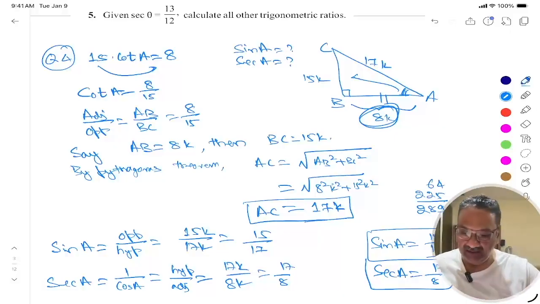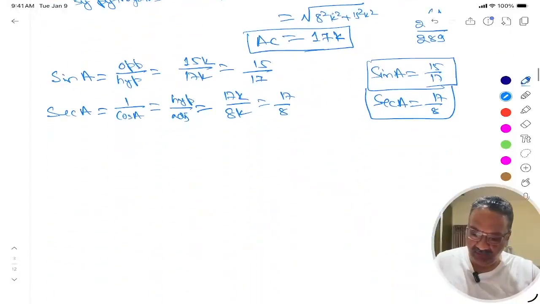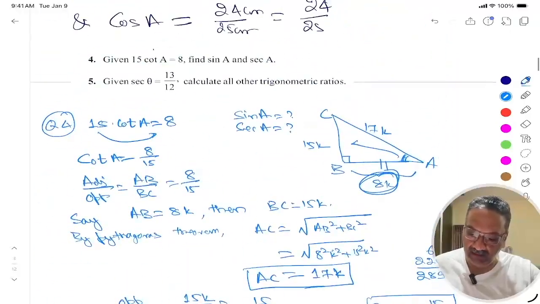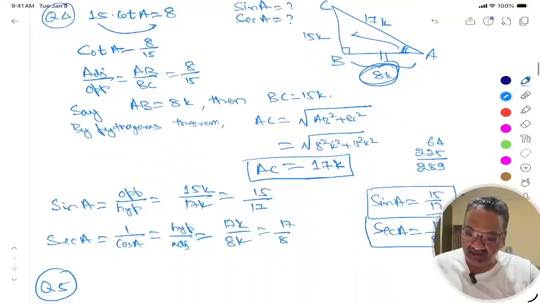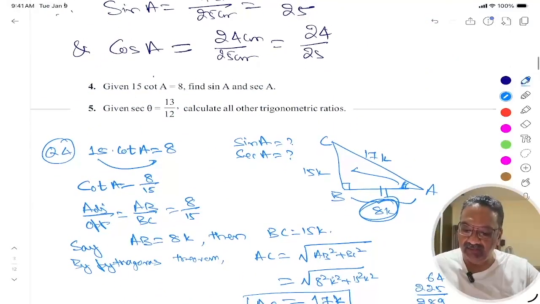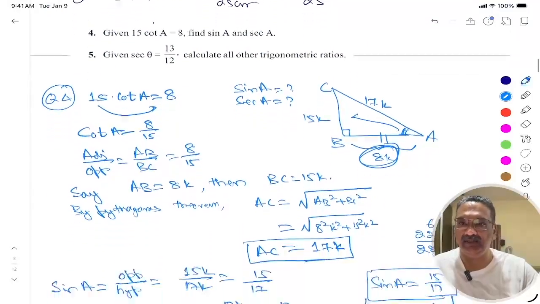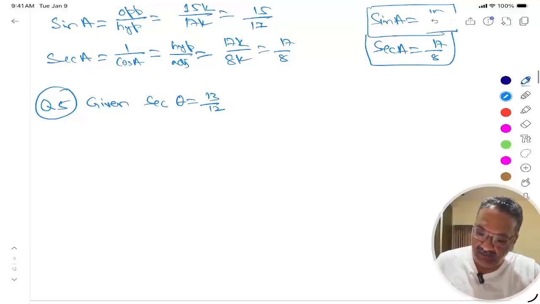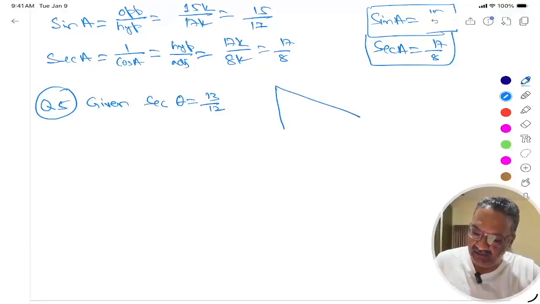OK. Next, question number 5. What have they given in question number 5? Given secant theta is equal to 13 by 12. Find all the other trigonometric ratios. So what does secant theta mean? Let us draw the triangle